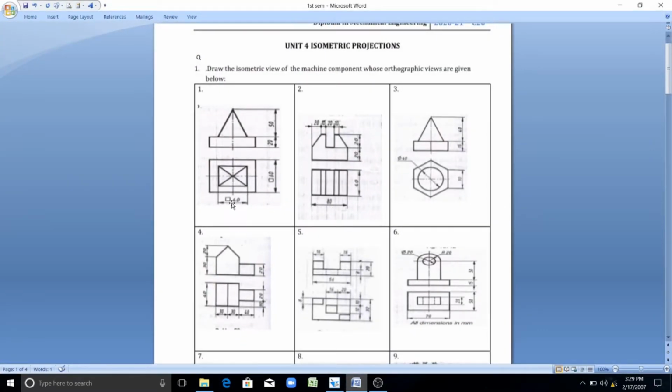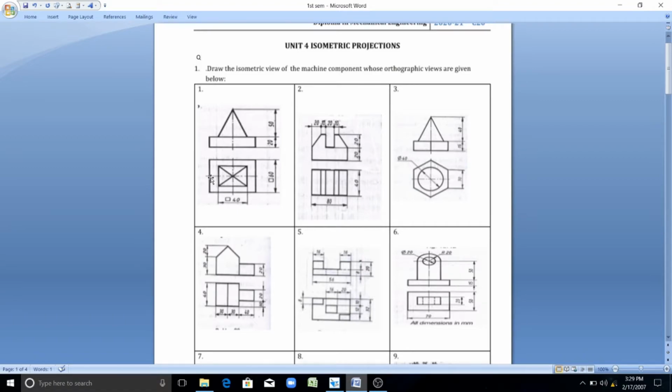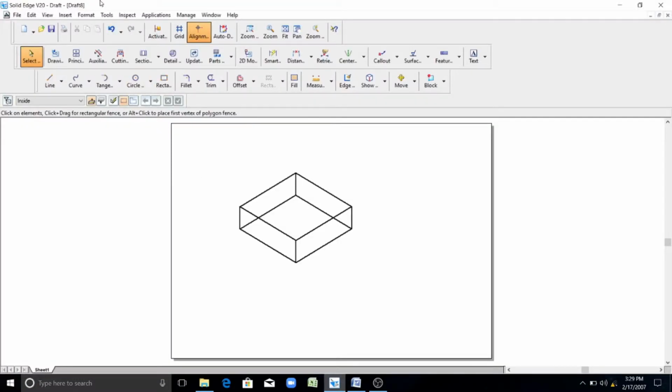The square pyramid dimension is 40 mm. To draw that, it is 10 mm reduced from all the directions. This side 10 mm, this side 10 mm, and this side 10 mm. For that, you have to draw a 10 mm distance line here from all the sides, 10 mm here, and the angle is 30 degrees.